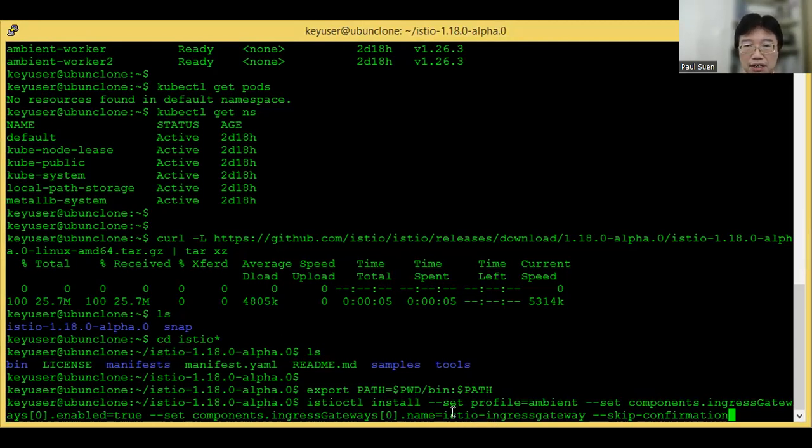You also note the option profile is set to ambient.